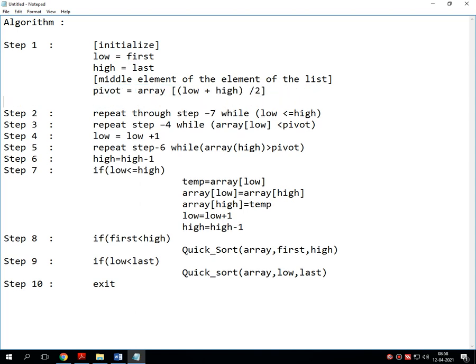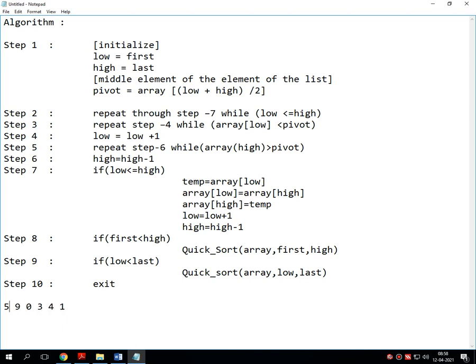In quicksort, two local variables must be declared, that is low, the lowest value, and high, the highest value of the entire list. Say for example, suppose I have entered the numbers like this: 590341.